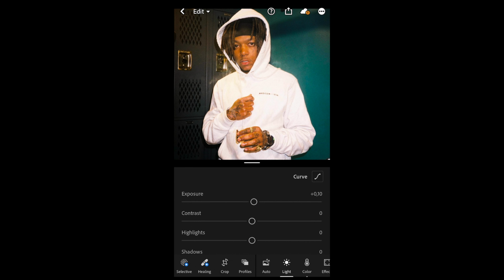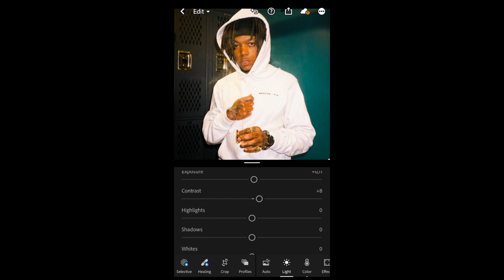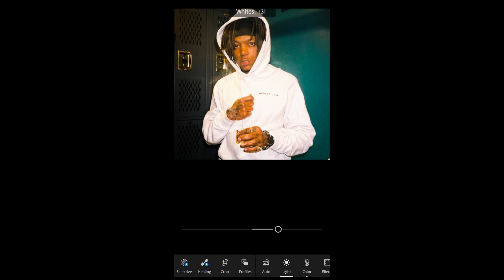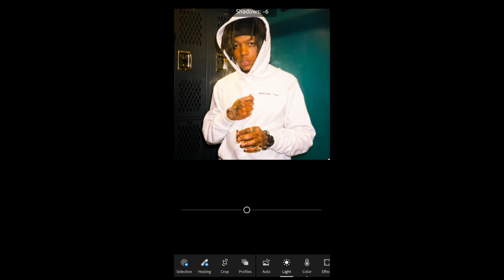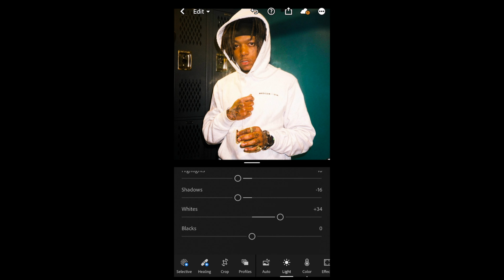Now, the next thing you want to do is just boost up the exposure a little bit to 0.1 right here, or 0.11 in this case. Then the contrast, we want to boost that up as well to +8. The highlights we want to pull down to -16. And the whites we want to boost up all the way to +34 right here. The shadows we also want to pull down to -16. I forgot about those right here. And now the blacks we want to pull down all the way to